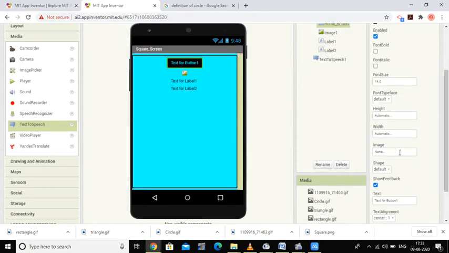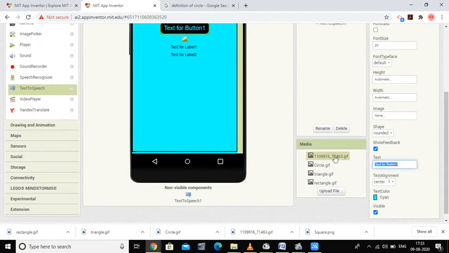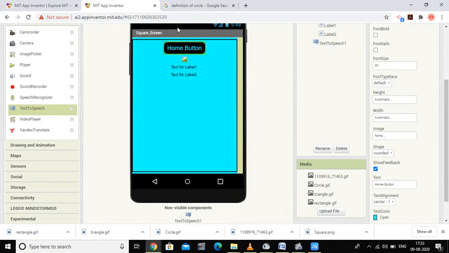Then I want the font size as 20, because I need a slightly bigger button. I need the shape as rounded, and the text should be Home Button. So this will be the home button, and the first thing has been done.